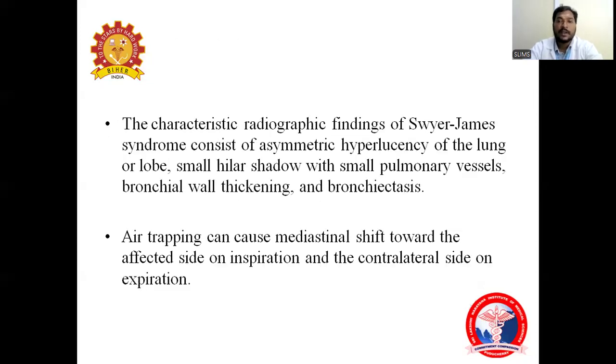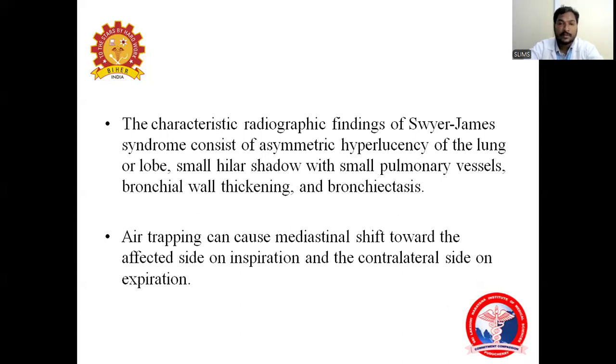The characteristic radiographic findings of Swyer-James syndrome consist of asymmetric hyperlucency of the lung or lobe, associated with small hilar shadows, and it is also associated with other findings like small pulmonary vessels, bronchial wall thickening and bronchiectasis. Air trapping can cause some mediastinal shift towards the affected side on inspiration and a mediastinal shift to the opposite side